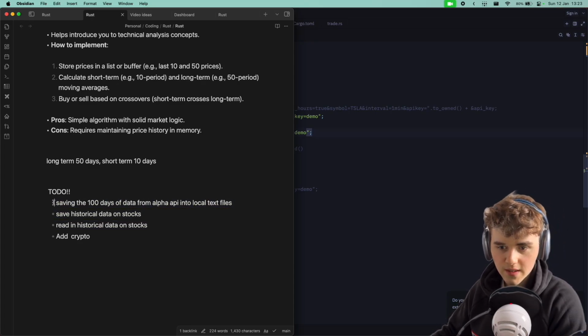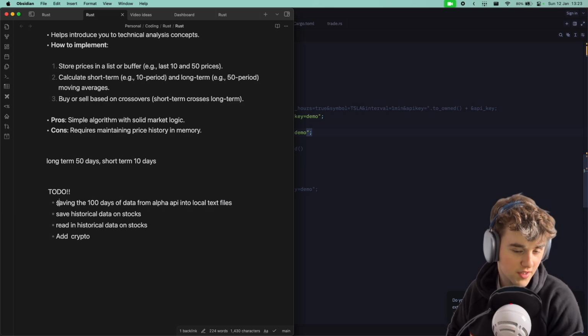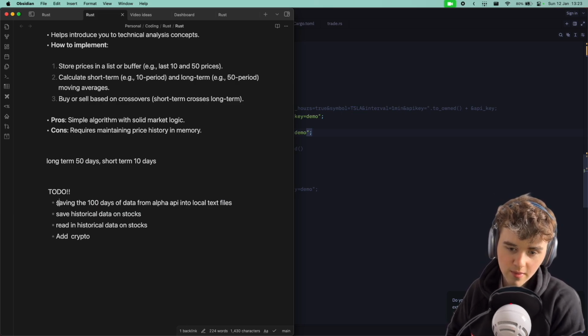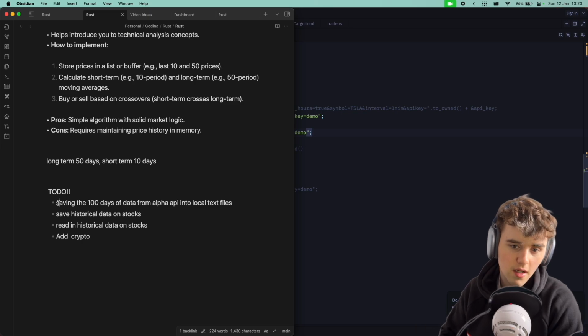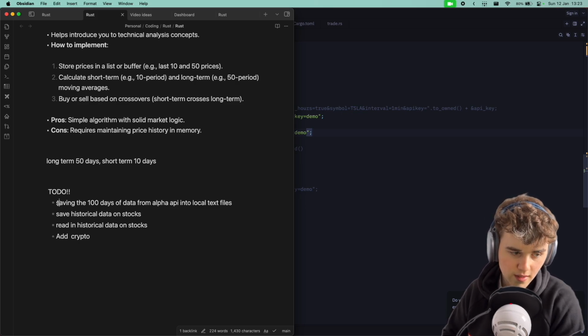We are going to be attempting to implement the 100 days of data, or as I've just recently seen, we're going to be trying to implement basically reading the last 20 years of prices and saving them to a text file. That is the aim, and hopefully once I get that done, we can then analyze that data to use